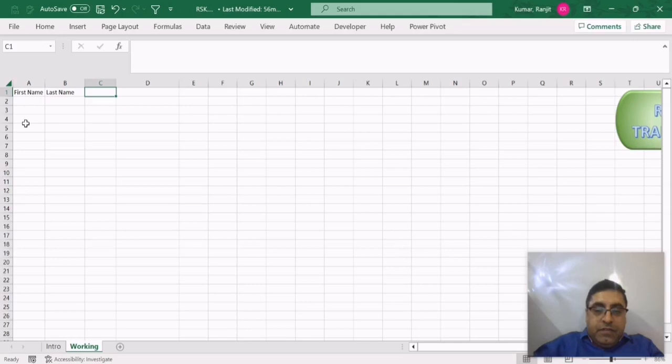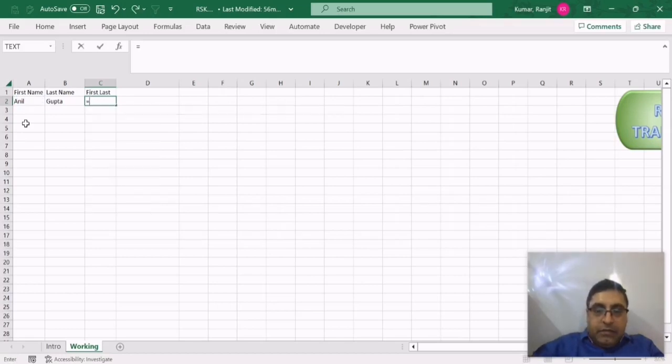Say here I have the first name and the last name. I want you to give me the first name and the last name with a space separated between them. So if I write Anil here, say I write Gupta here, and the first name and last name, if you want to concatenate,